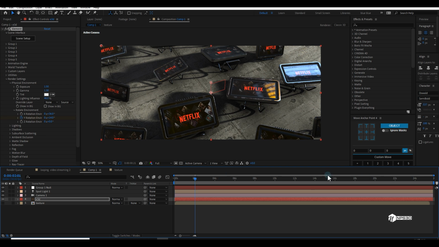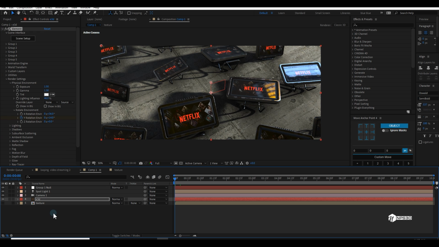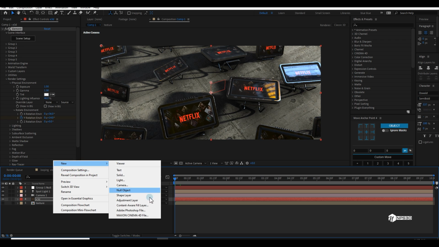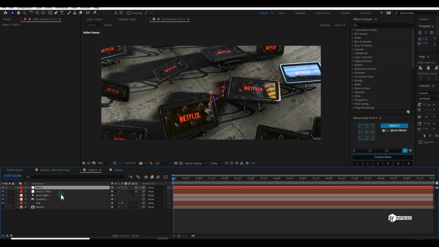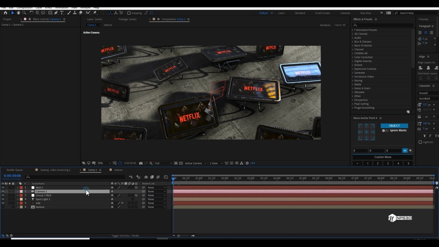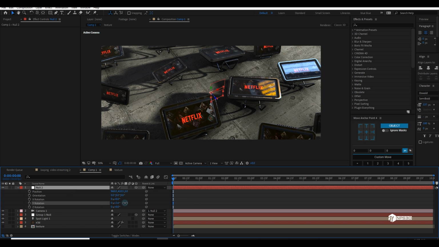So let's add a keyframe and go to maybe 10 seconds longer, trim comp, and just change the rotation of the y value. And you can also create a new null object and make it 3D. Then parent your camera to the null. And you can also press P and R to add some camera movement to your scene.